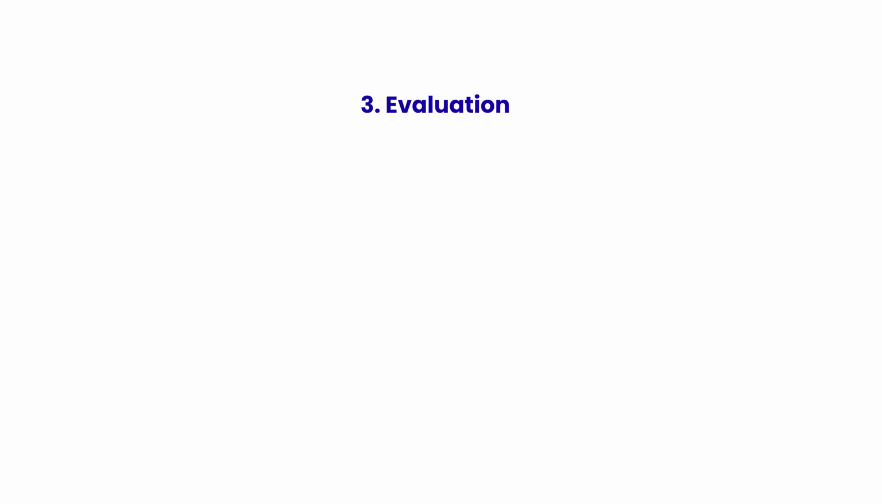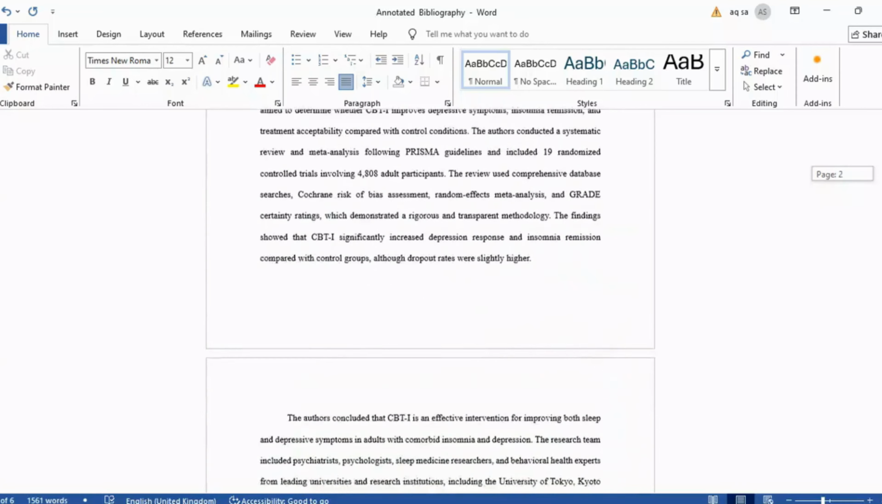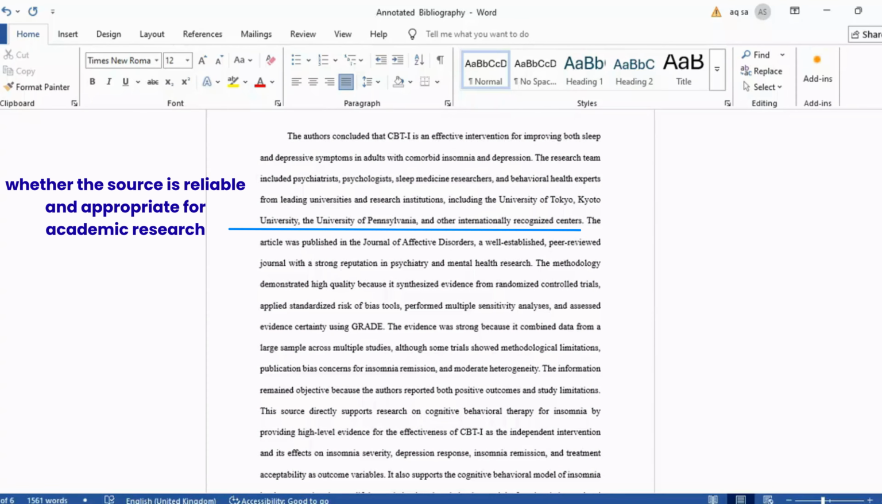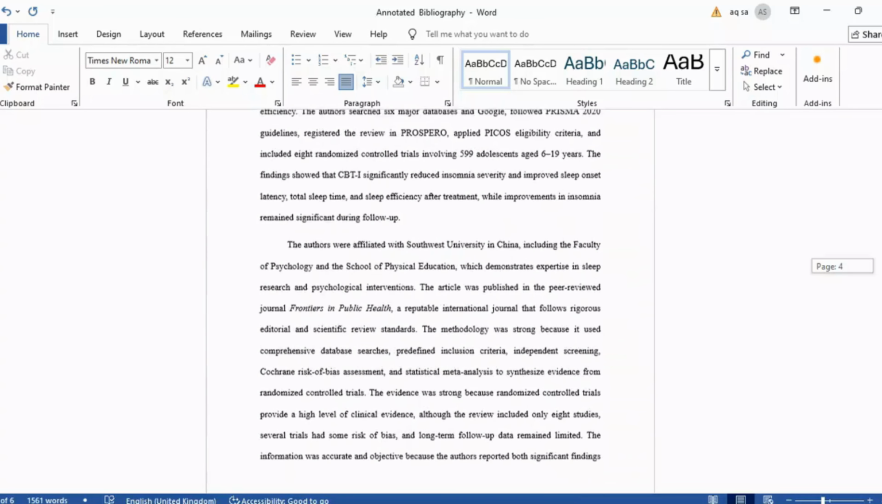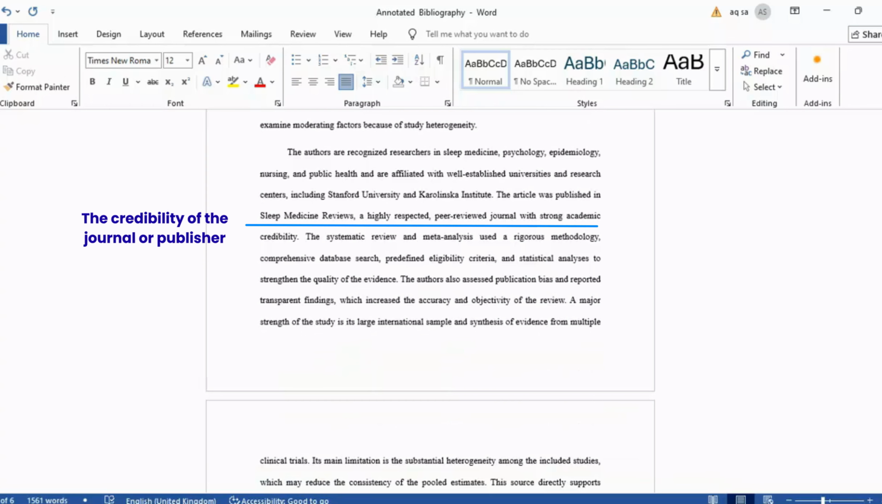3. Evaluation. The third element is the evaluation, sometimes called the critical assessment. This section examines the quality and trustworthiness of the source. Instead of repeating the summary, it assesses whether the source is reliable and appropriate for academic research. The evaluation can consider the author's qualifications or expertise, stating the author's educational background, professional role, institutional affiliation, or research expertise to determine whether they are qualified to write on the topic; the credibility of the journal or publisher, identifying whether the source was published by a reputable academic journal, university, press, government agency, or recognized publisher;